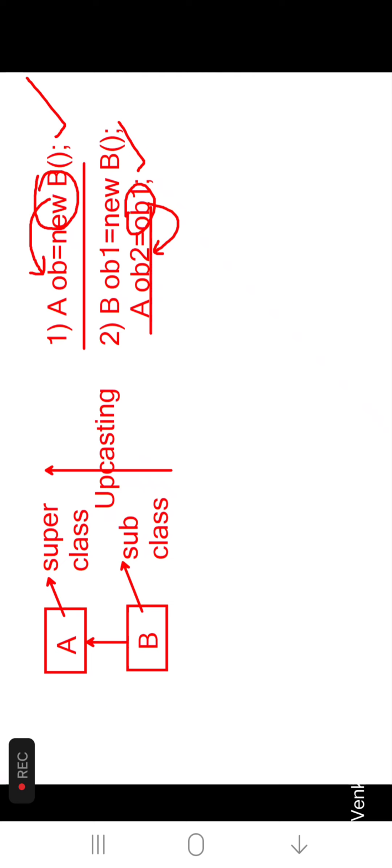Upcasting is done by the system implicitly. Upcasting is always valid. Assigning an object or object reference of subclass to superclass type is called upcasting. But again, if it is reverse,